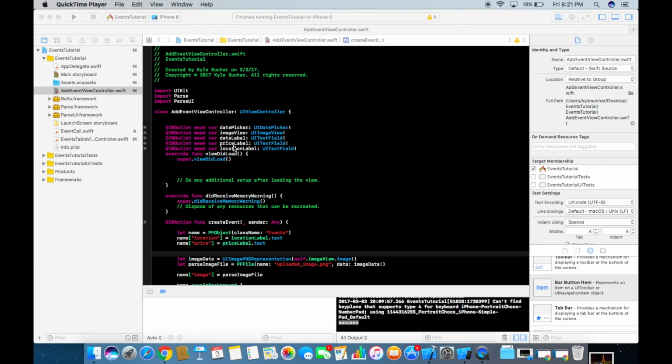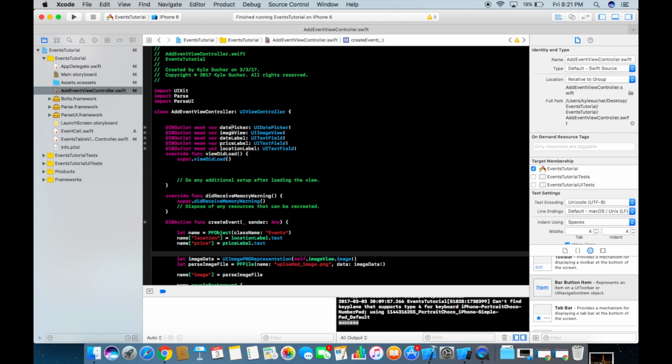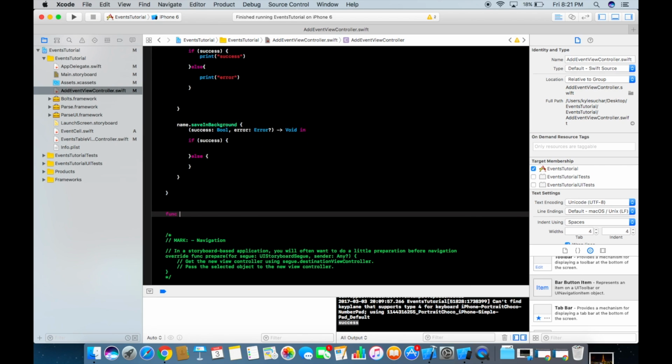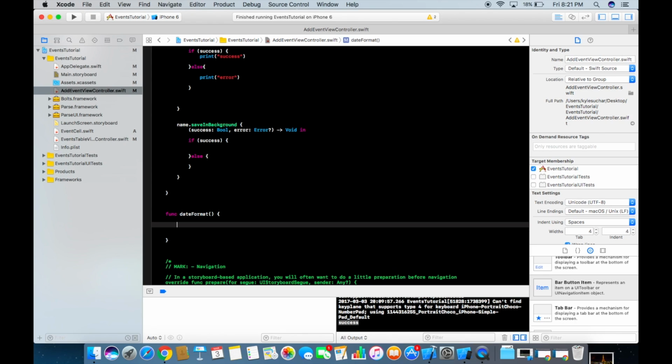Alright, so lastly, to get the date picker working, the first thing you need to do is create an outlet for your date picker, and I call mine date picker, and I did that ahead of time just to save a little time. So we're going to need to create two functions. The first one is going to be called, let's call it date format, and inside of here we're going to create a few variables. So the first one is going to be let date formatter equal date formatter